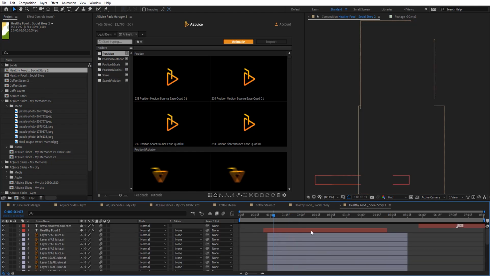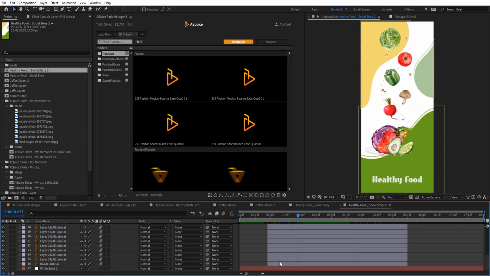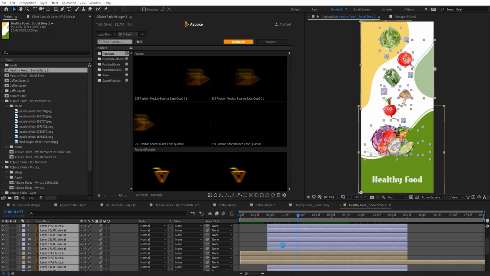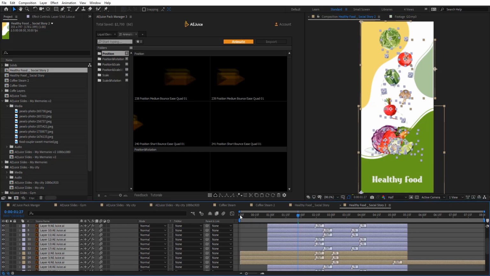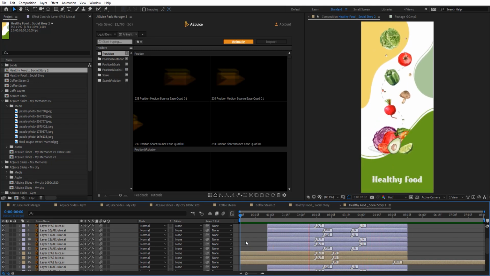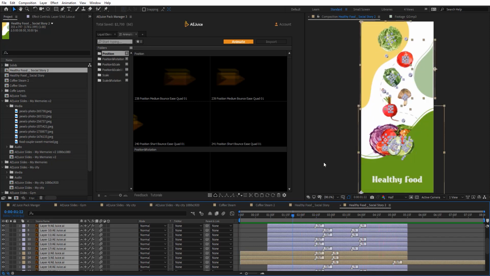So you can see maybe just text. I have the animation for text, and everything else has no animation on it. All I did here is select all of these and hit animate. So let's do that actually. Hit animate, and automatically the plugin is going to choose animations for us randomly. Let's take a preview here and see how this looks. We got pretty cool animations there, but maybe the background is not what we want.